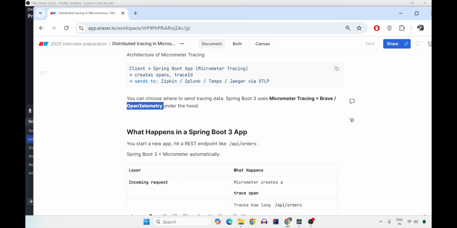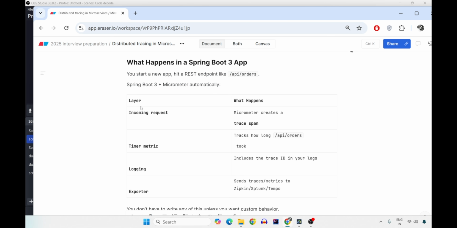to show it graphically. Now, what happens in a microservice architecture when you integrate with Micrometer, or you show an intent with the Gradle or build file that I am trying to integrate Micrometer? I'll tell you the code also, don't worry. I'll tell you how you can add the dependencies and what those dependencies exactly do, don't worry.